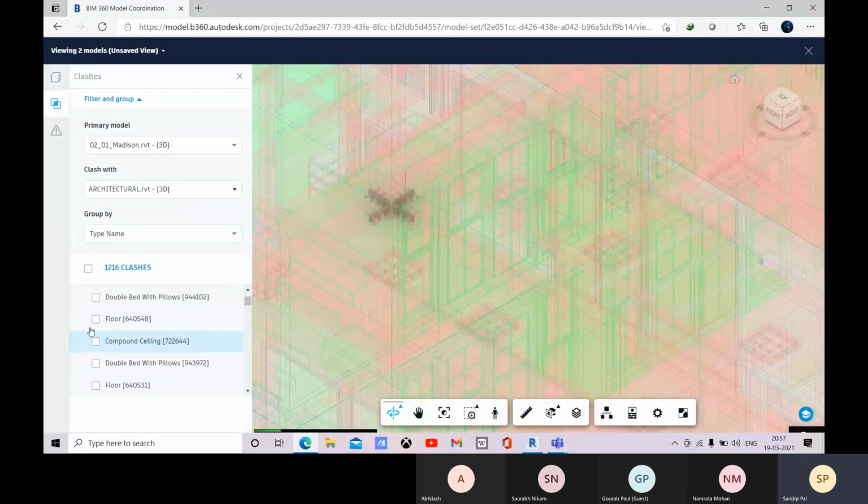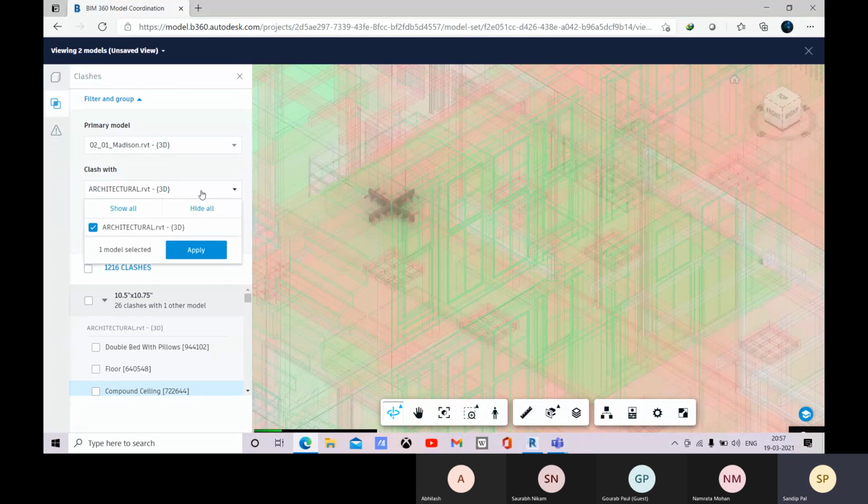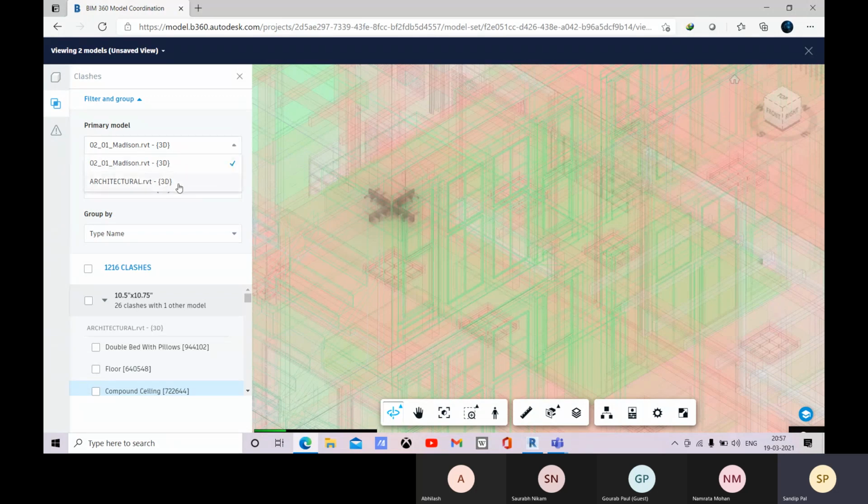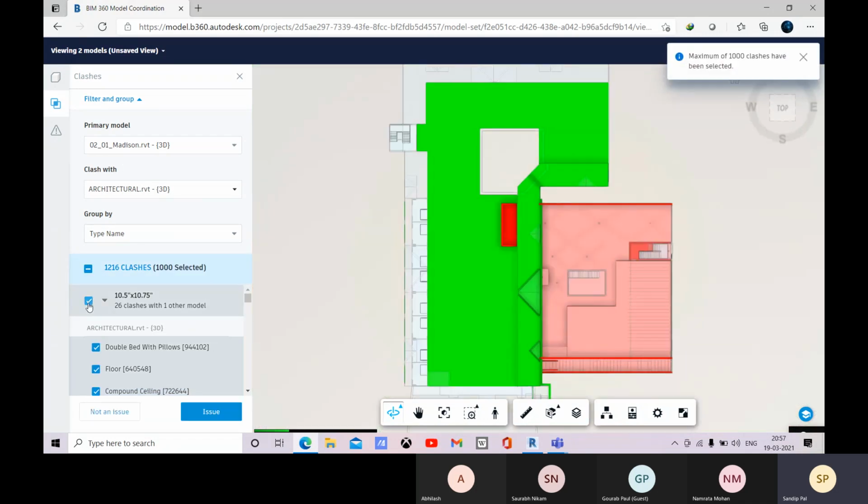All right, and here you can see that this clash primary model is this, and this is the clash with this one. Okay, so you can change it after that also from this option, and let me select this one. Okay, so all these are selected right now.